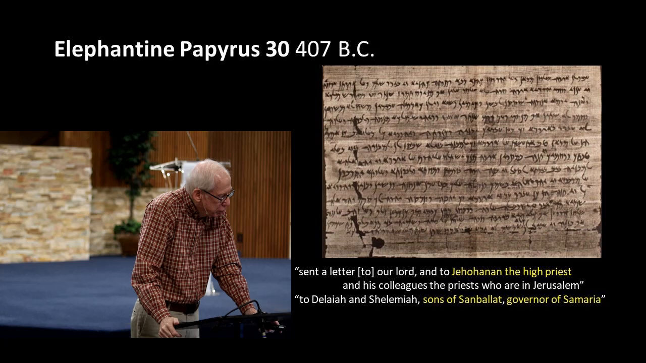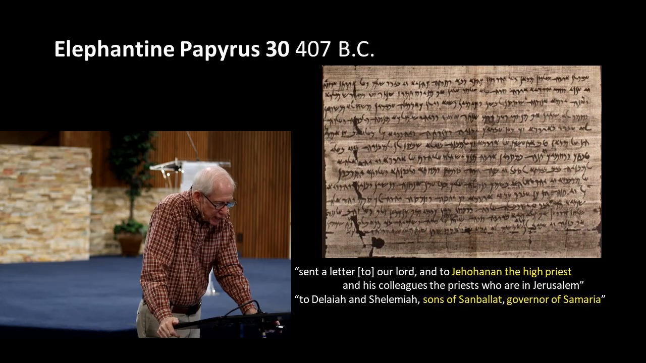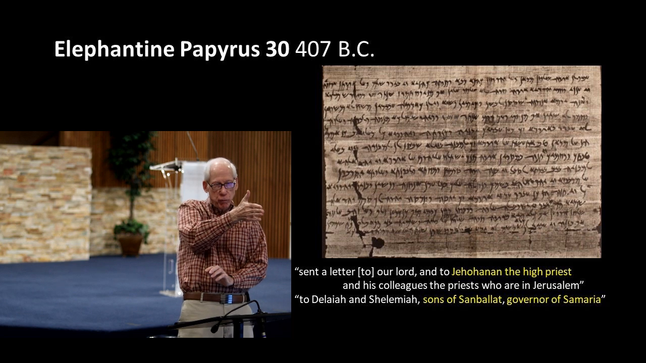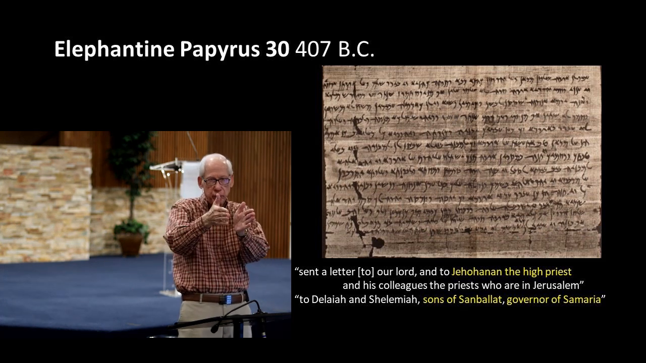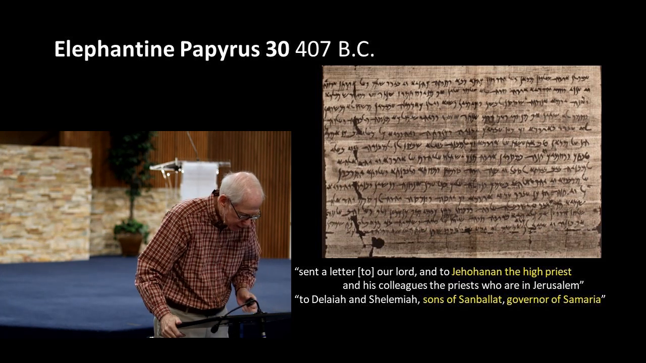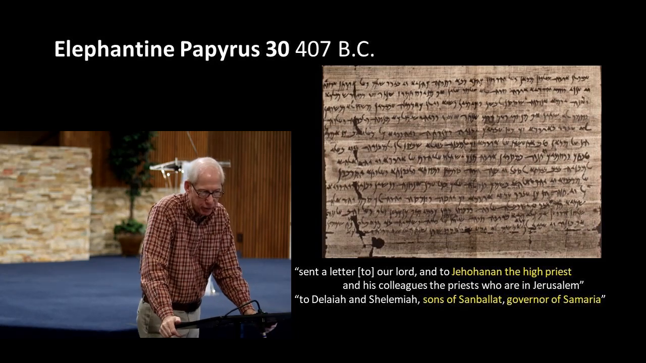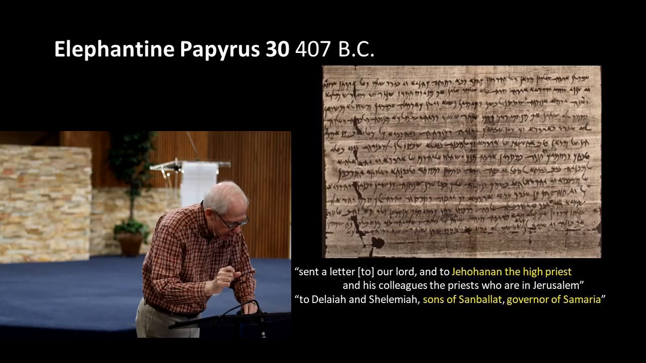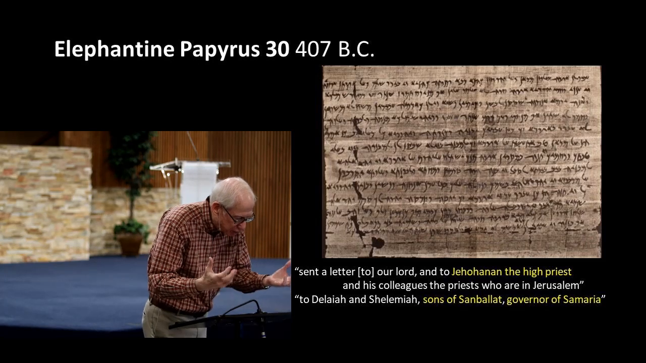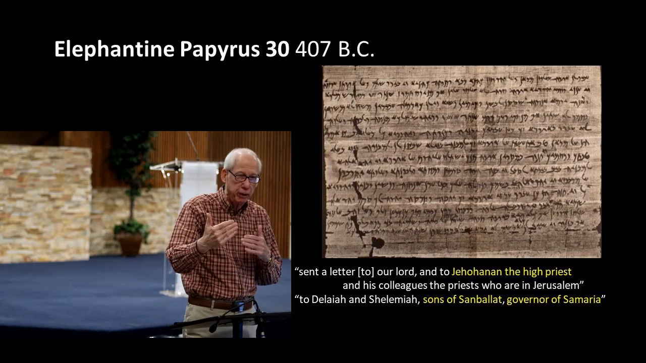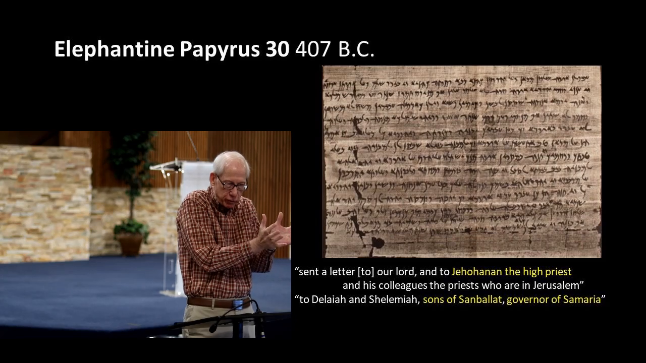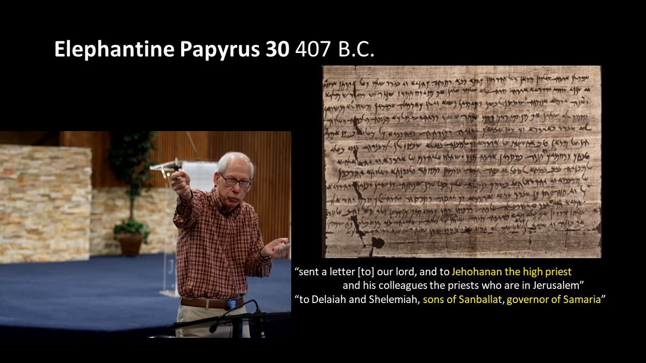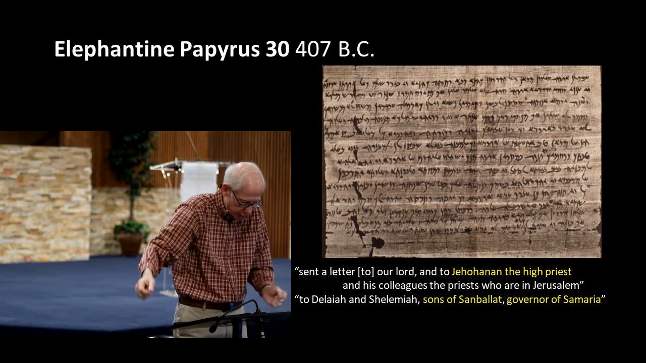And Papyrus 30, which dates to 407. So Nehemiah is around the middle of the 5th century, 445. So we're decades down the road. But in 407 BC, this is a letter from priests at Elephantine to Baghoi, who was then the governor of Judah. So these priests from this unusual Jewish community in Egypt are writing to the then governor of Judah,